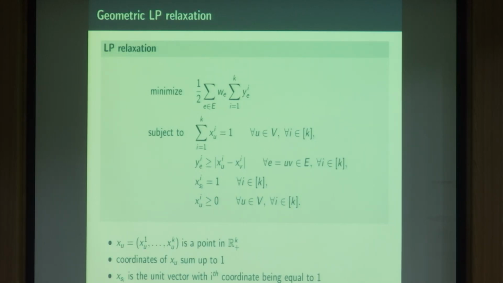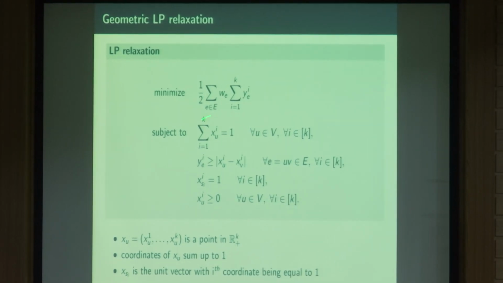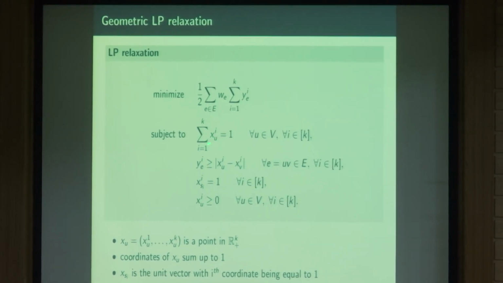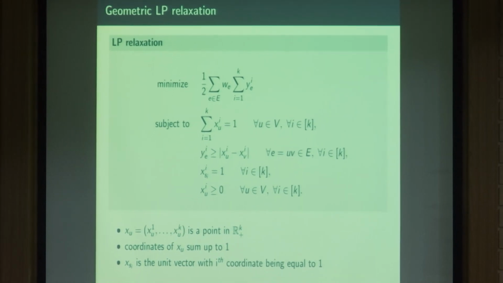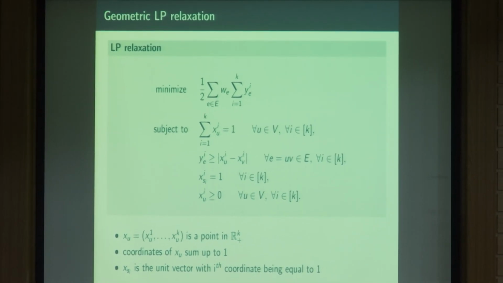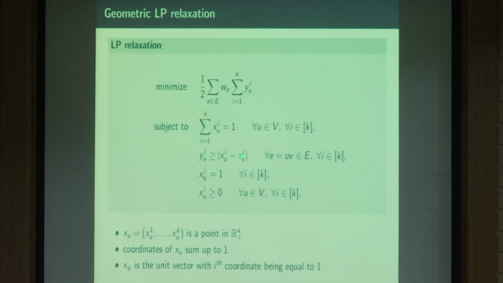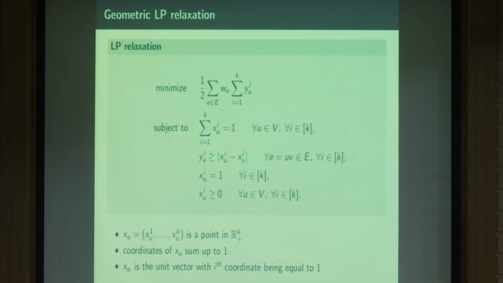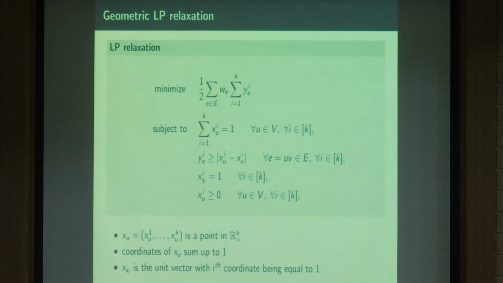Okay, so basically, if you start from this idea, you can write up the following LP relaxation. We have these variables corresponding to the vertices, whether a given vertex goes to the ith part or not. For the edges, we have seen that we have this connection between the edge variables and the vertex variables. And if you take the relaxation, so you forget about the integrality constraints, then basically what you get is that